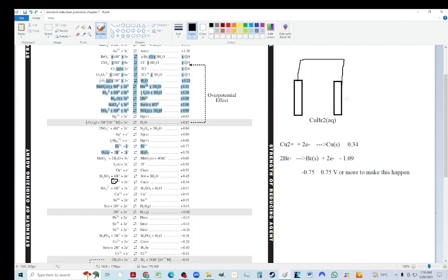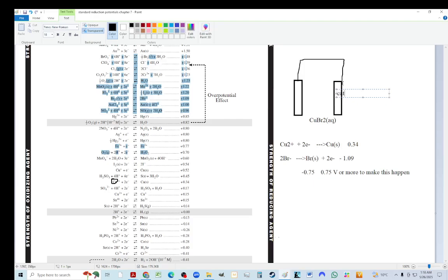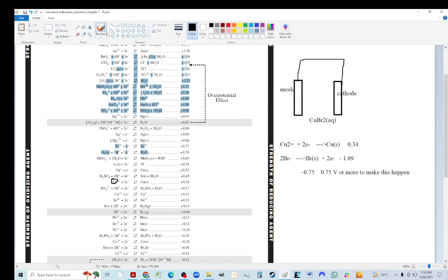So let's just put the cathode on the right. Don't forget to put your thing here. I was putting it on the left before, it doesn't really matter. And the anode. Cathode is always the source of reduction, and the electrons are always going from the anode to the cathode,